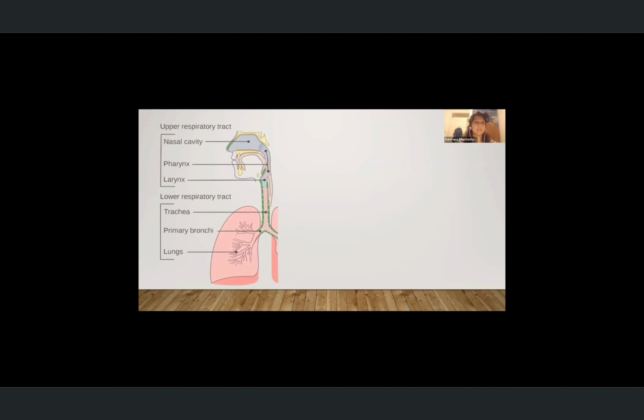Before I launch into the specific conditions, I want to give us just a very brief reminder of how the respiratory tract is divided. Generally, we divide the respiratory tract into upper and lower. The upper respiratory tract consists of the nasal cavity, the pharynx, and the larynx, and essentially stops just above the vocal cords or the voice box. And the lower respiratory tract consists of the trachea, the bronchi, the bronchioles, the large bronchus, and the lung tissue,